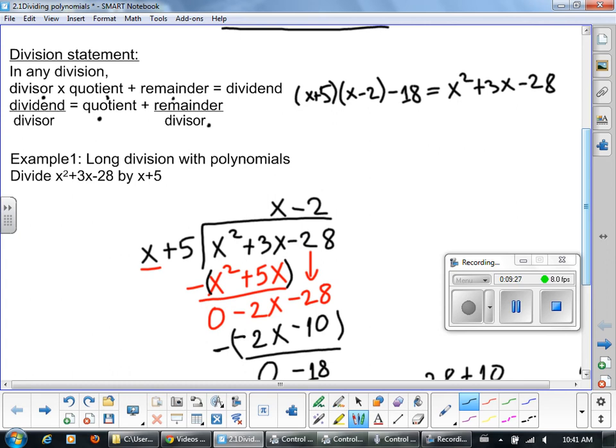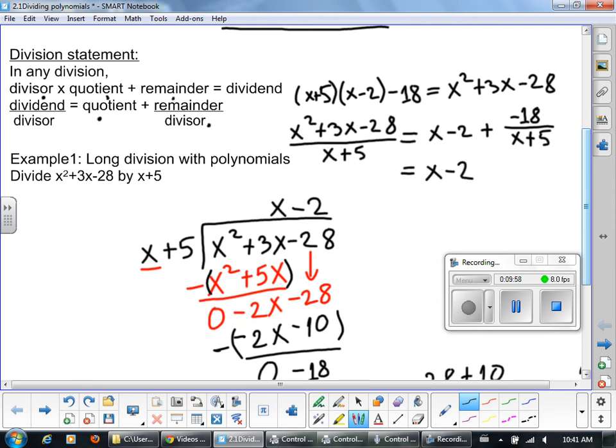So the next one is you have the dividend, which is x squared plus 3x minus 28 over the divisor, which is x plus 5. And that's going to be equal to x minus 2 plus negative 18 in this case over x plus 5. Now obviously we would combine this into x minus 2 minus 18 over x plus 5. So just combine those two signs. And that's it. That's pretty much the whole lesson,